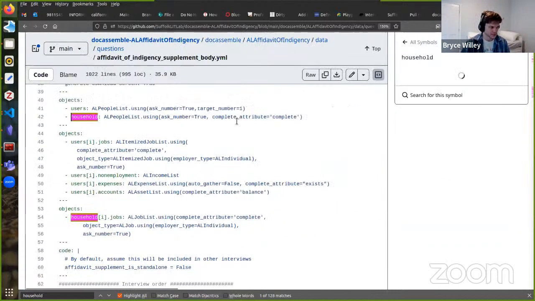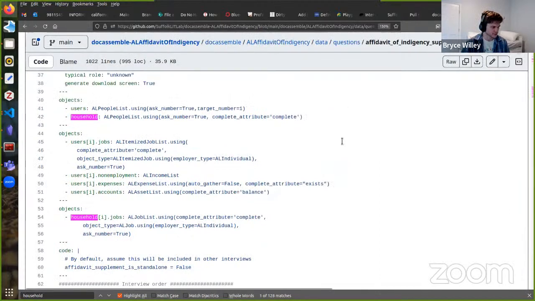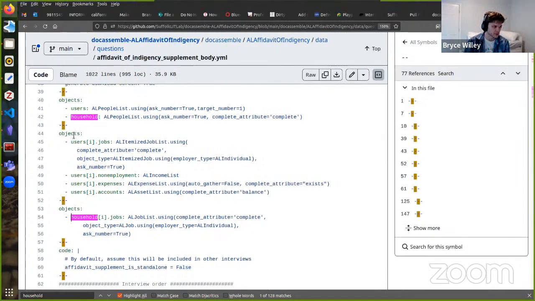I don't know what GitHub's doing. There's still only one user for this form, so I still only have users. Essentially, this is all just users 0, the first person, and I think that's probably what you want. But the other part is probably closer to households, where you have